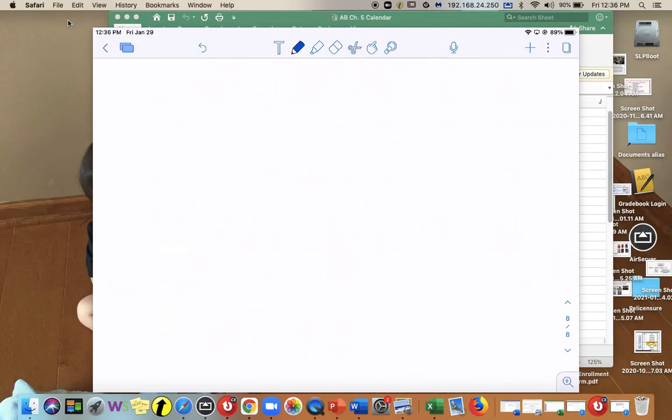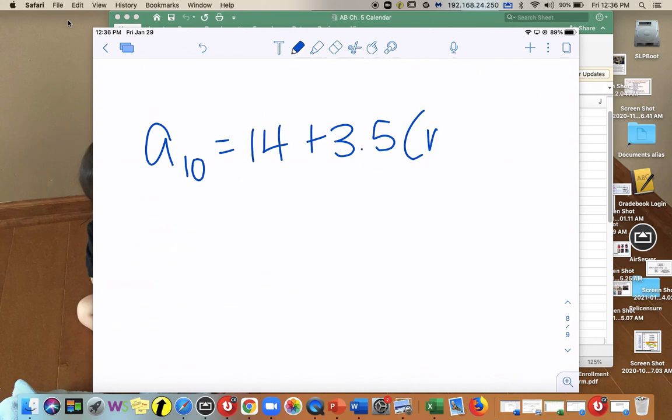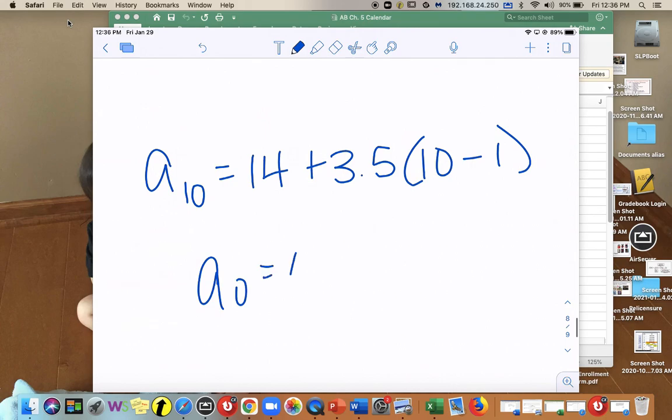So he wants the 10th week. He starts with 14 miles, and he's adding to that 3.5 miles per week. So times n minus 1, but we know what n is. We know it's 10 weeks, so I'm actually going to put a 10 in there, and now we can just type it in. So 14 plus 3.5 parentheses 10 minus 1, and on the 10th week, he would be running 45.5 miles. All right, that's a lot of running, Dylan. Okay, so let's put that 45.5